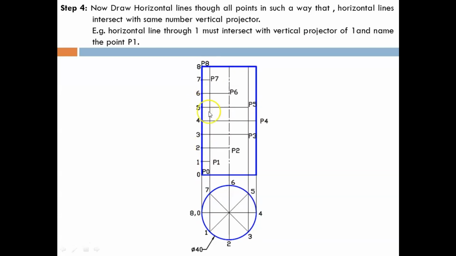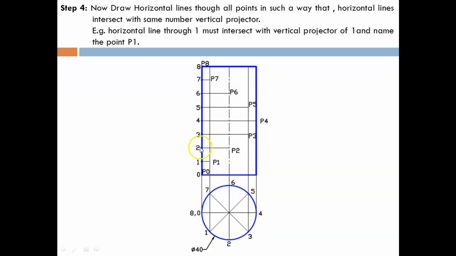Now draw horizontal lines through all these points, 1, 2, 3, 4, 5, 6, 7. But make sure that each line cuts the projector passing through the same number. If I draw a line through 1, it must cut the vertical projector passing through 1, which gives you point P1.